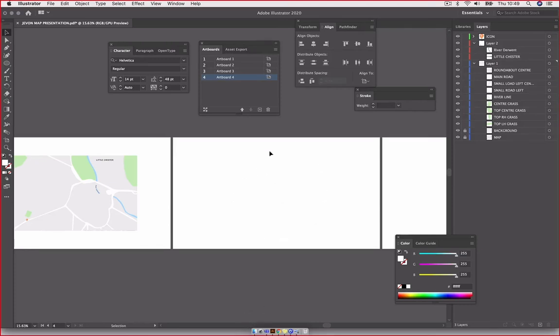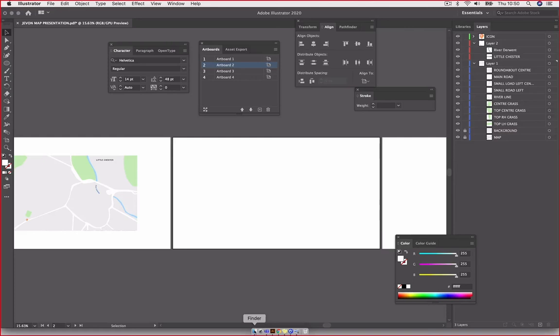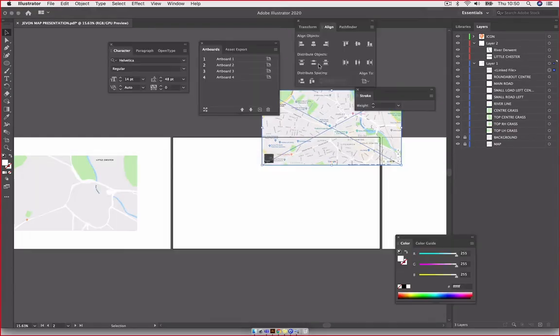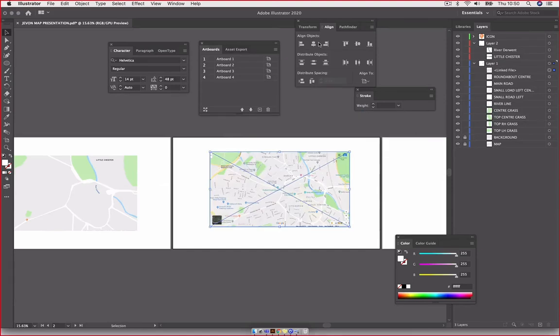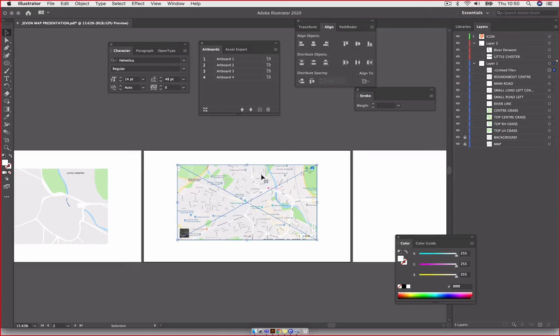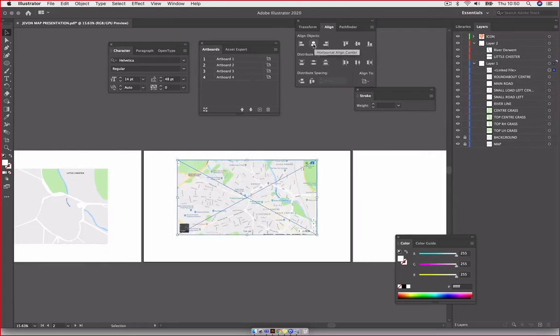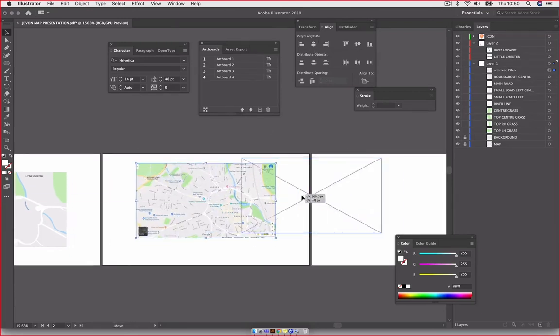So we want our original map here on artboard 2. When you click it, it changes to what artboard you're on, as it does in this asset hierarchy. So click there, artboard 1, artboard 2. We want our original map there, so we'll just bring it in, drag and drop. It's drag and dropped onto a window, so drag and drop in. It automatically knows which artboard it's on by how much of the object is on it. So if a little bit of it's on this artboard, it'll know that it still means to be on this one. If most of it's over here,